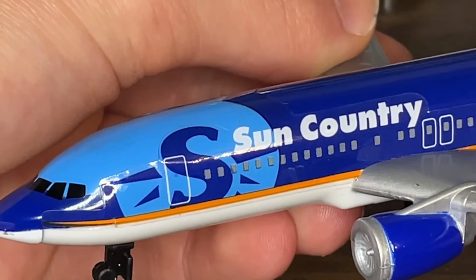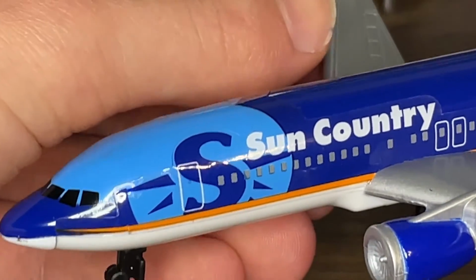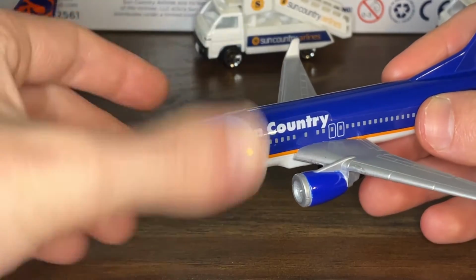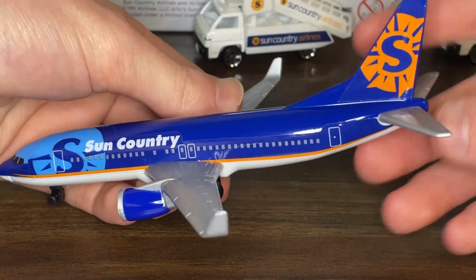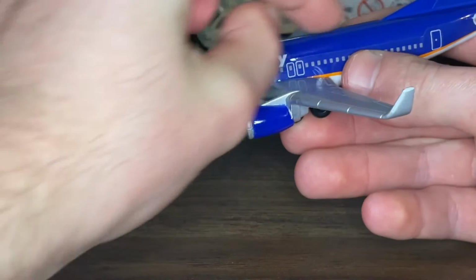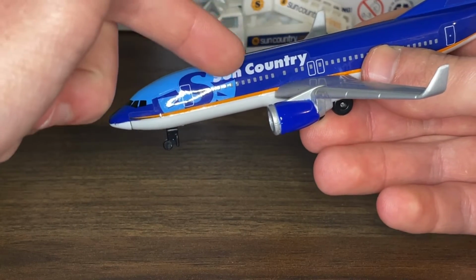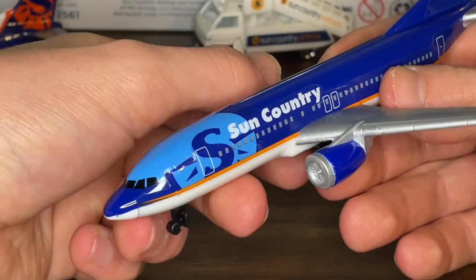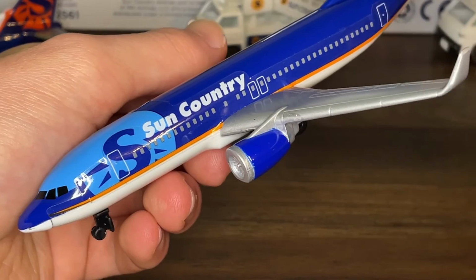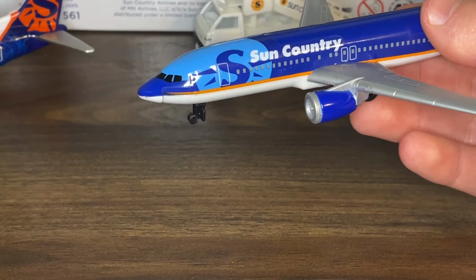Sun Country Airlines does have a slightly newer, updated version of this livery. I think the livery was pretty much exactly the same with the tail design and the rear of the plane, with the dark navy blue and the orange stripe. The only thing it had was a smaller Sun Country Airlines logo without the light blue on the front of it and the S logo. I don't really like that livery. That is personally my least favorite Sun Country livery, but it still was a nice way to have a variety,